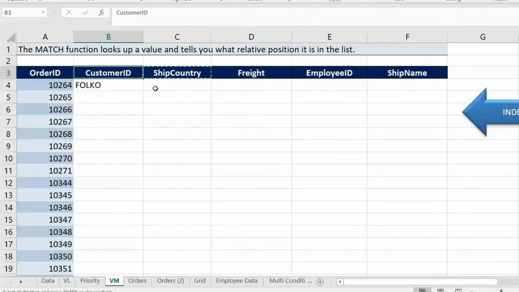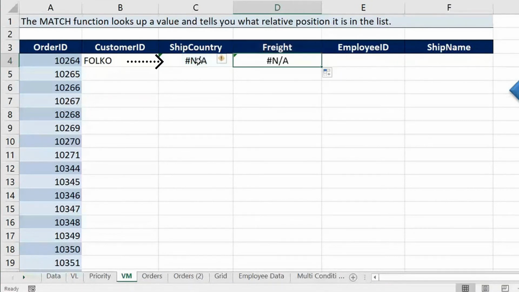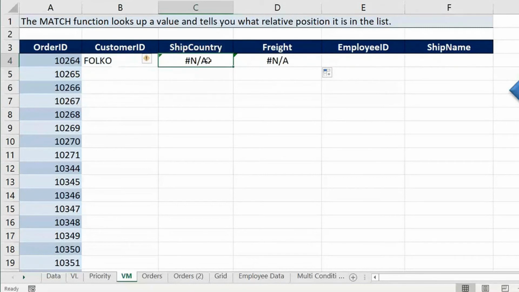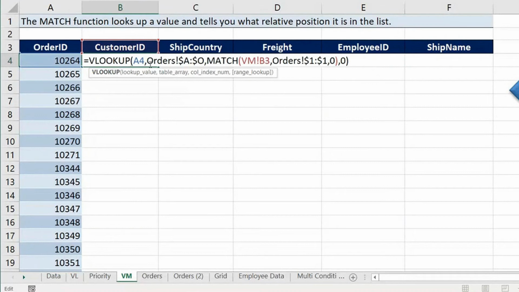Now I want the same formula to work for all the columns. See, when you drag it towards the right, when you travel for the freight, it is not looking at the actual order ID. It is looking at the ship country or the customer ID, something like that. So it should not be that, right? Every time you should look at order ID only, correct? So I should say, Excel, when I drag it towards the column, don't move A. A should be A only. It should be locked. Can you see this?